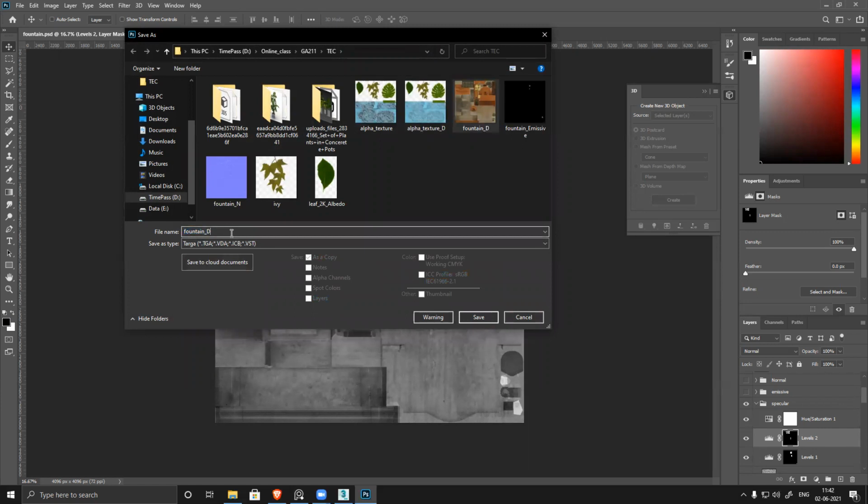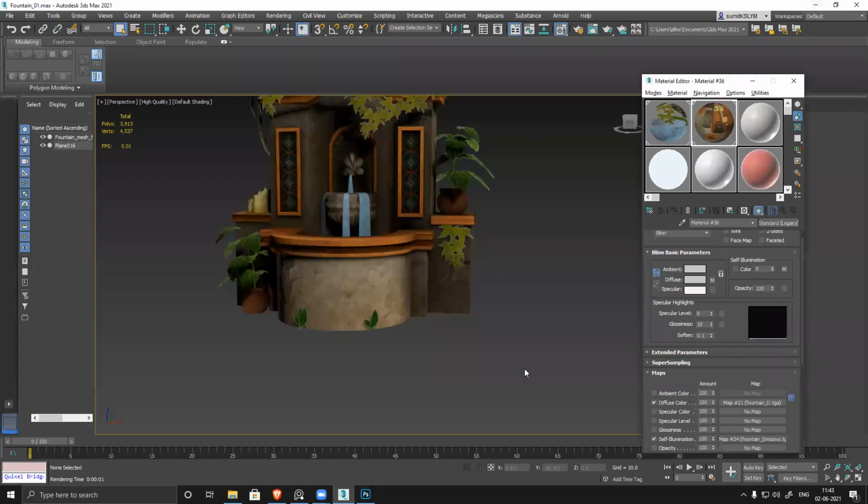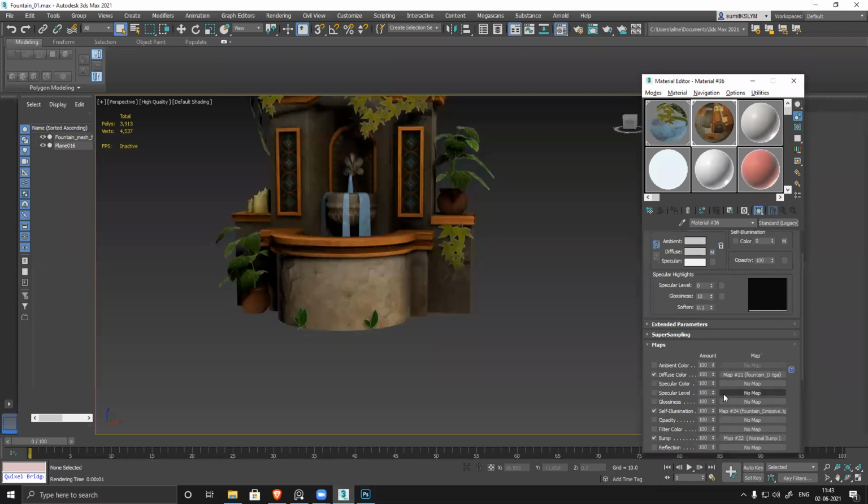So let's try it out. Name it as specular. Specular and gloss are almost the same, but gloss again has a broader specular property, and it doesn't have any of the dirt and all that information. That is something we control with the help of roughness. So I'll apply this, and now this is specular level.